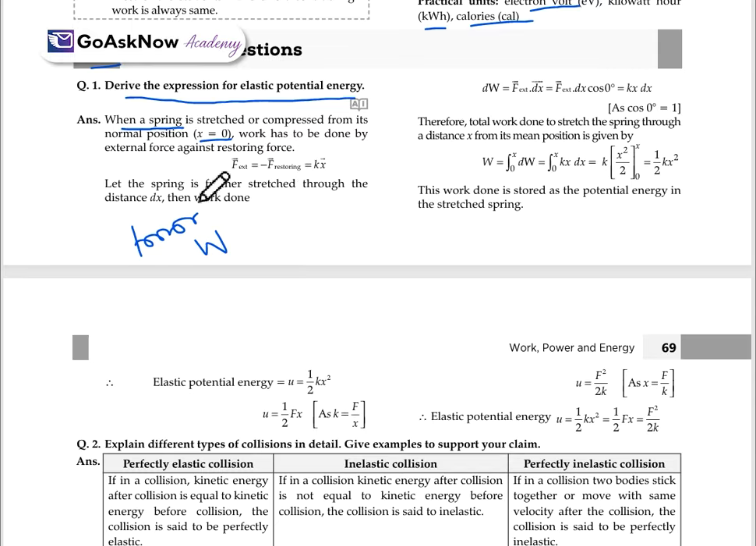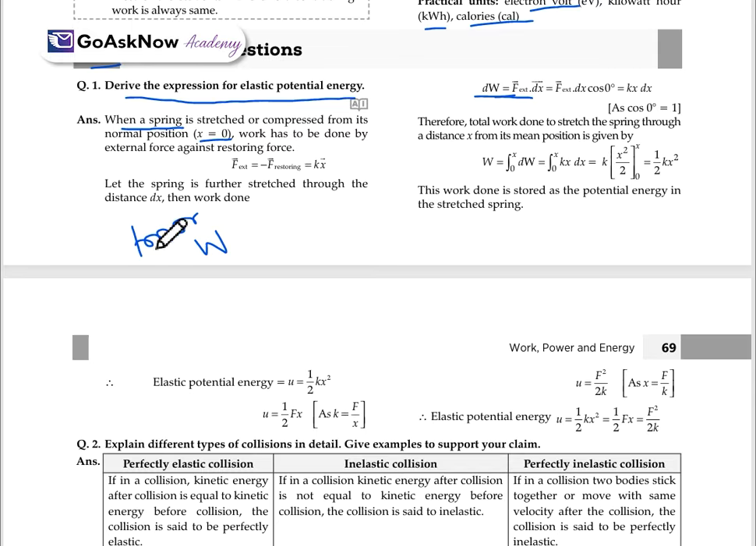Now let the spring be further stressed through a distance dx, from x to x plus dx. Then the work done dW equals F external dx cos 0 degrees, which equals kx dx. This is for a small stretch dx. Therefore the total work done to stretch the spring through a distance x from the mean position will be